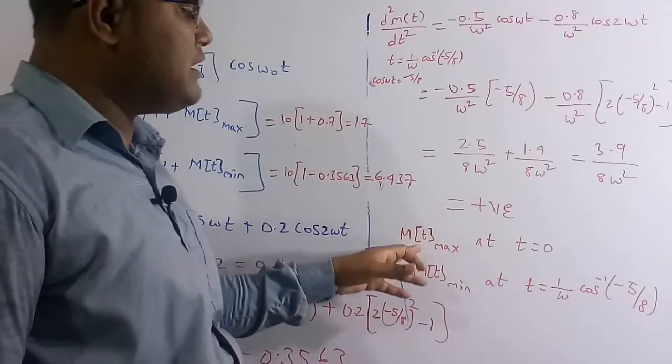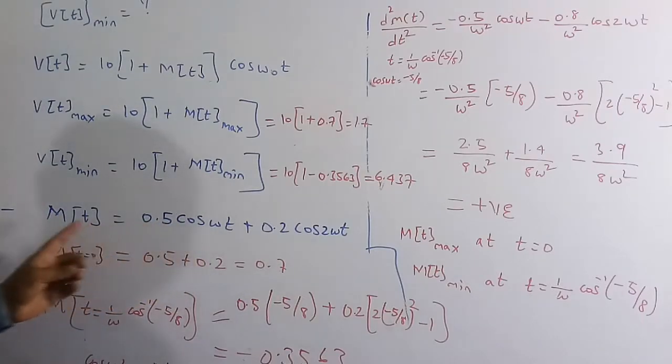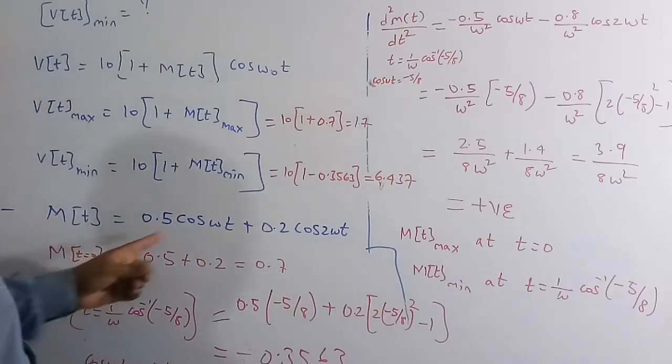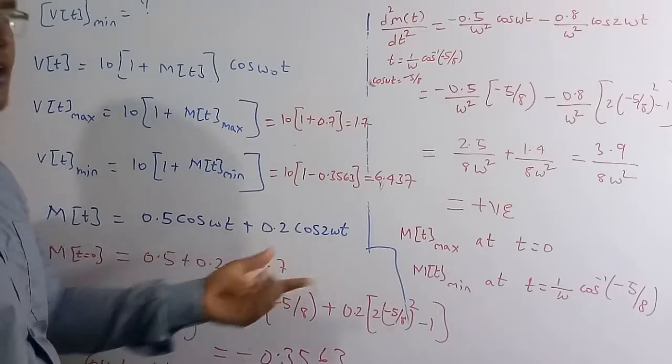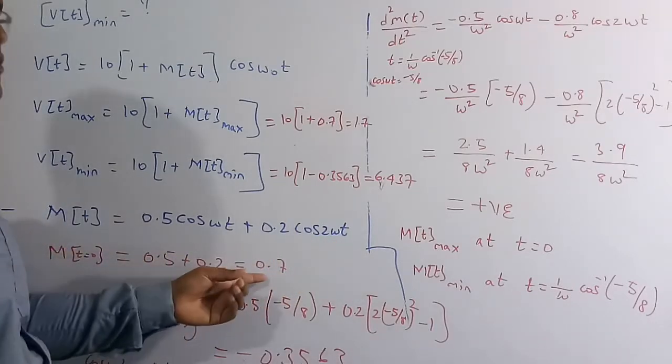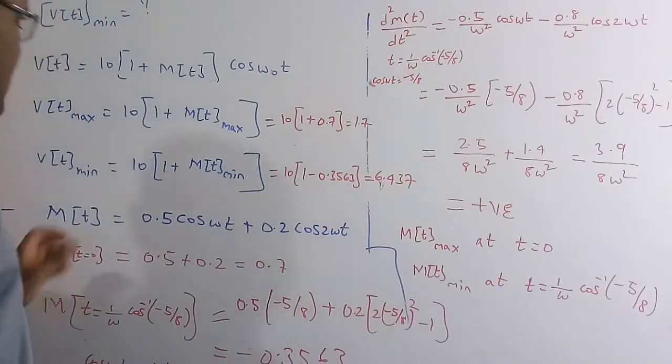Now I am going to find the maximum value at t is equal to 0. The m of t function we know, just at t is equal to 0 we need to substitute. Whenever t is equal to 0, cos 0 is again 1 and cos 2 into 0 is again 1. So therefore 0.5 plus 0.2 is equal to 0.7. So we are going to get the maximum value of m of t as 0.7,